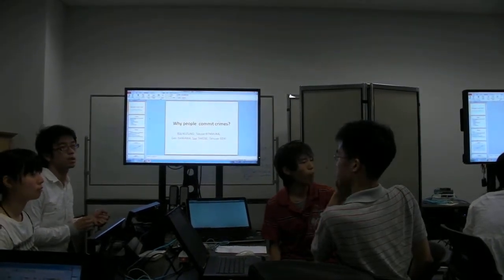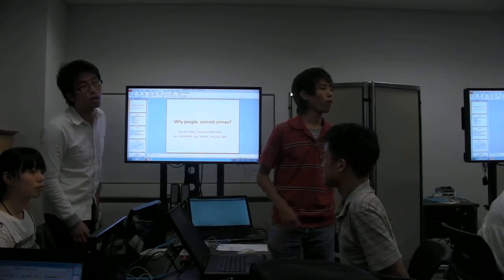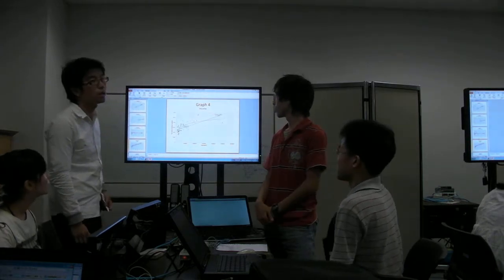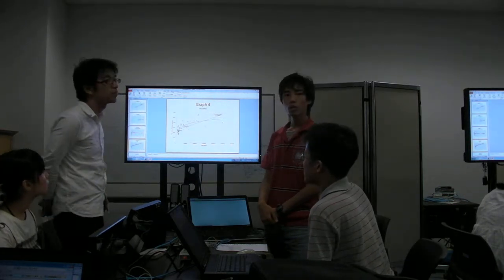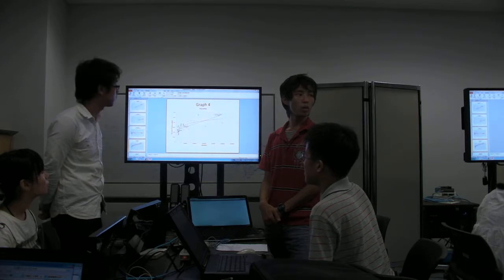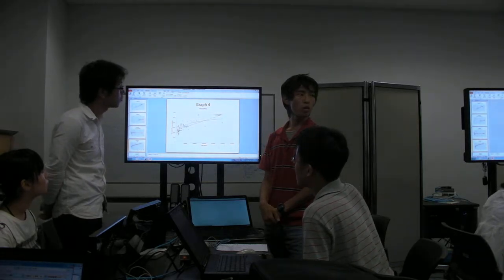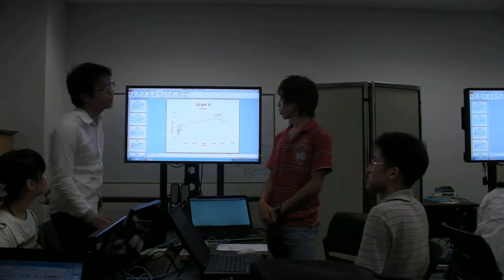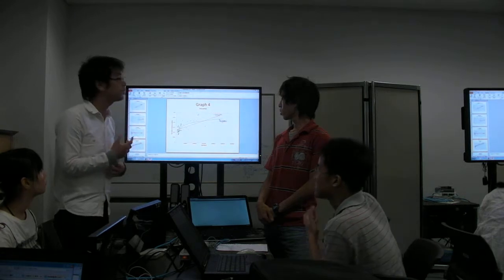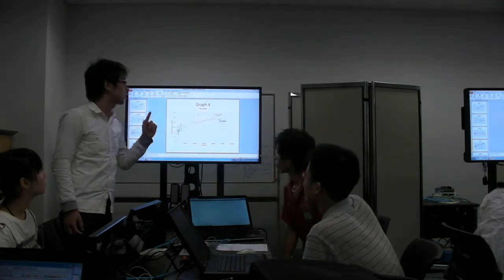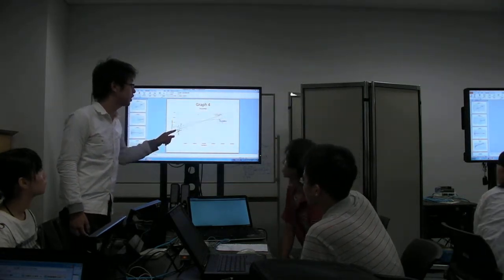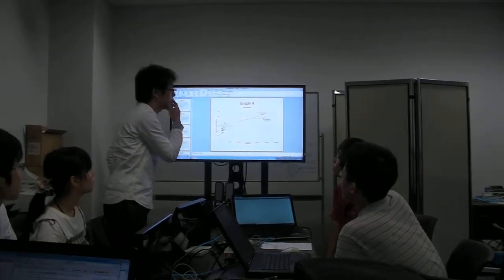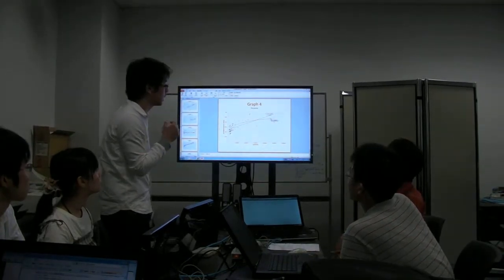I have a small question. In your chart of Graph 4, I recognize not a straight line, but a curved line. What's the difference between the two lines? Could you please explain the difference? You mean you want to know the difference between the method of the straight line or this? Yes. We discussed this difference, and we thought that